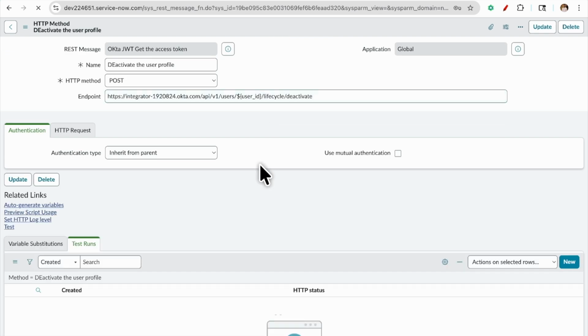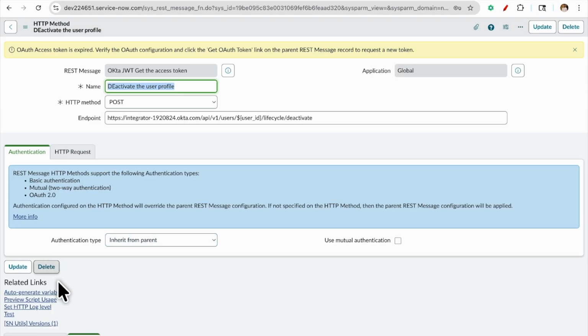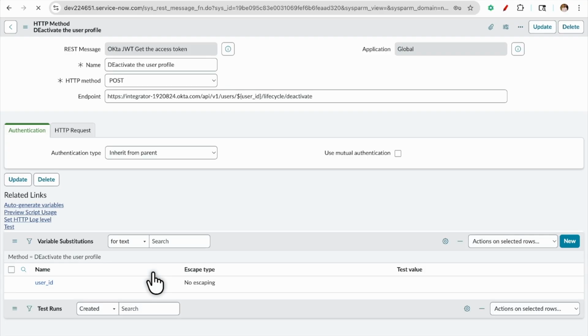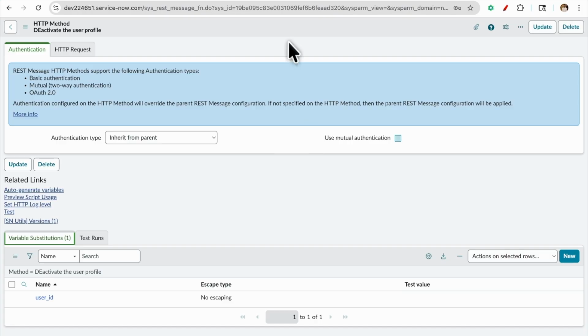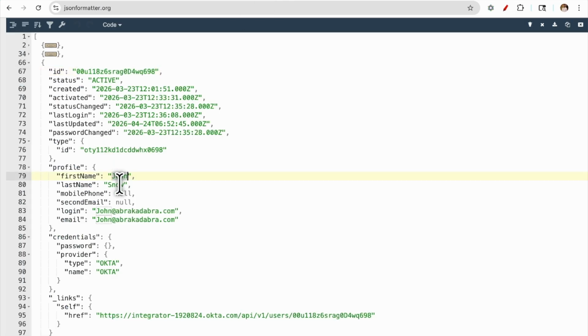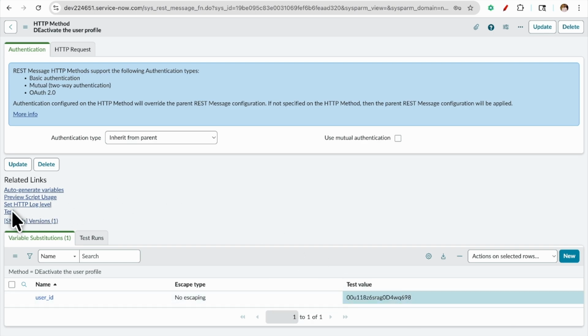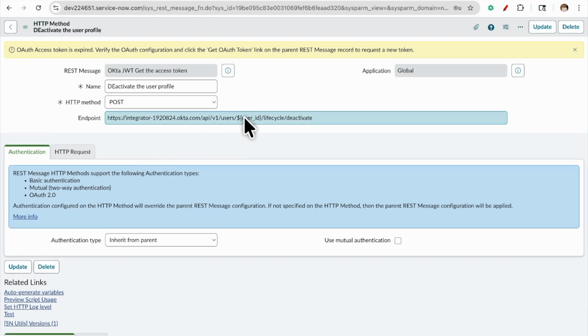Once we hit save, let's auto-generate the variables. Here we need to provide the user ID. The user ID comes from the previous payload, the John Snow one. The Okta ID would be this. Let's copy it, save this, and once we click on test, ServiceNow should go to Okta with the user ID and